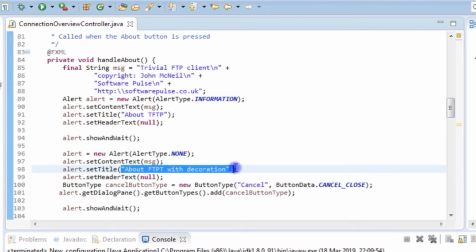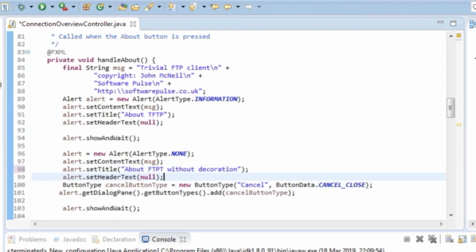I've got about FTPT, that's completely wrong. With decoration, that should be without decoration. Let's make that without decoration. Again, I'm going to set the header to null. And what I'm going to do here, although I've got it, I'm going to comment out